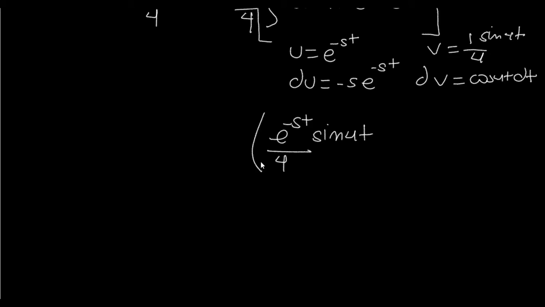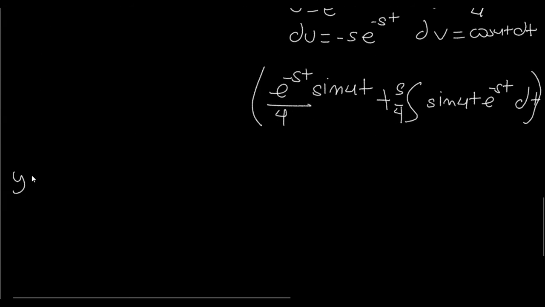Okay. So, may naka times yan na s over 4, no? uv minus integral ng v. Labas ko na yung constant, no? Yung v du. So, may negative, magiging positive to. S over 4 sine 4t e to the negative st dt. Yan. Okay, so